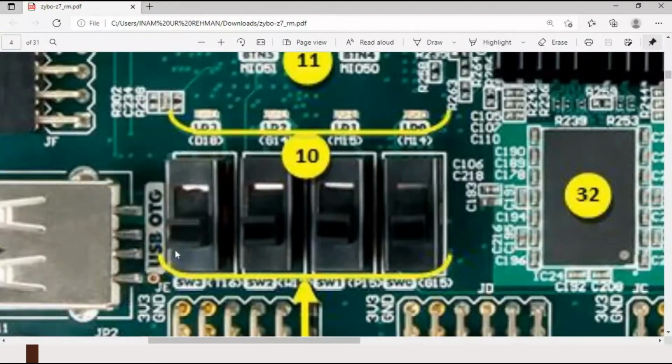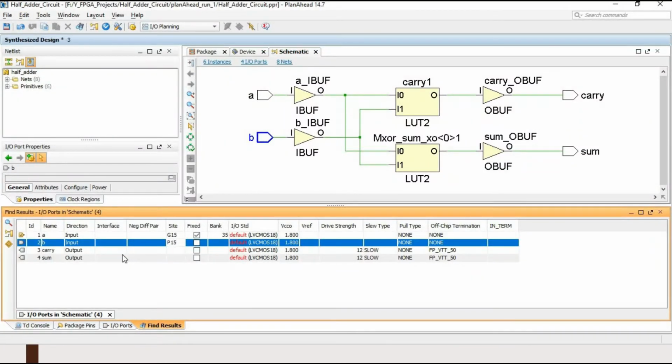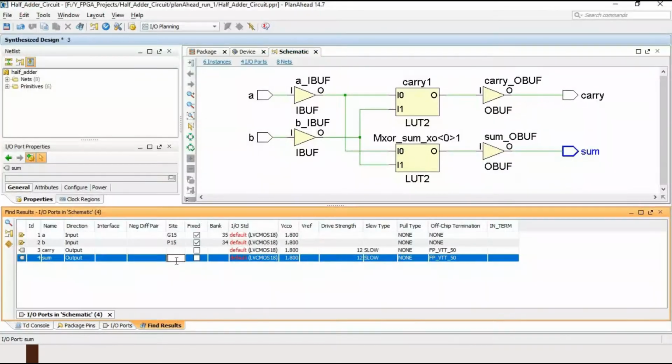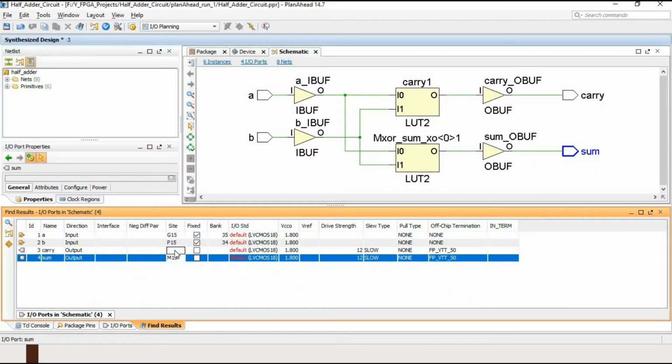These are my inputs, and my outputs will be: I'll define the sum LED as M15 and the carry LED as M14.